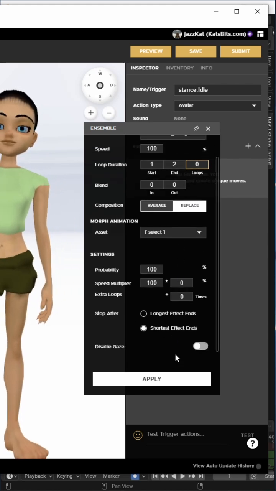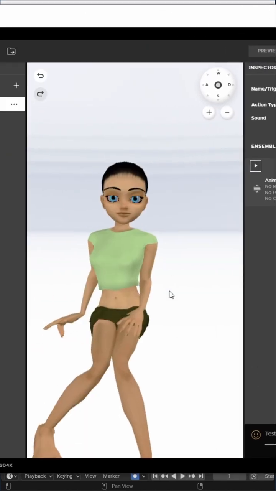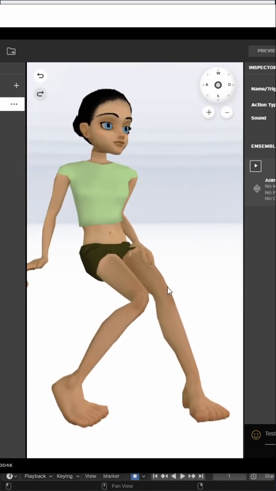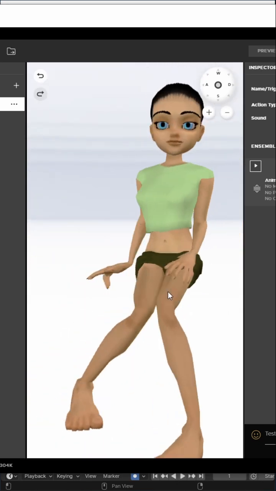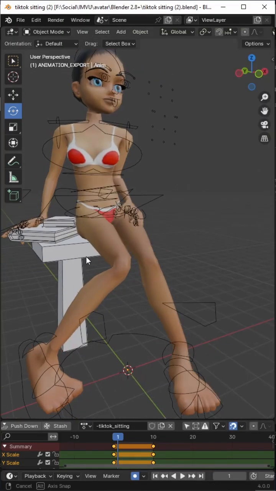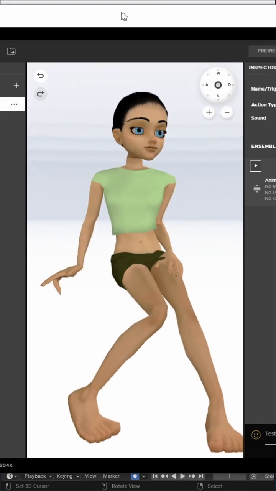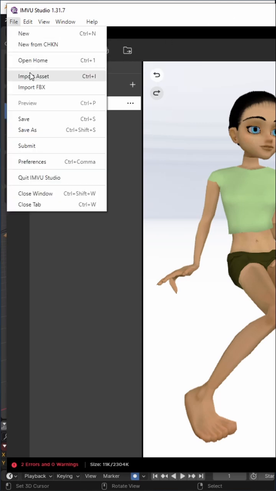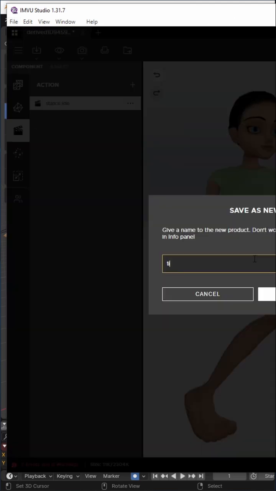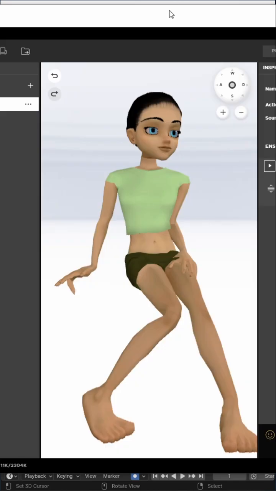Everything else is okay. We can disable gaze, apply, preview, and there is our sitting or seated pose, exactly as designed in Blender. So of course all we need to do now is just save this file, save as, sitting, so save, and then